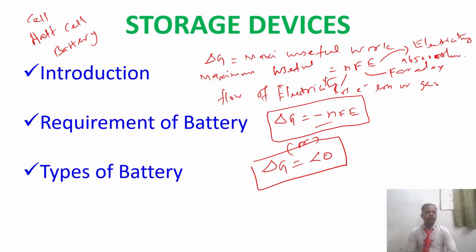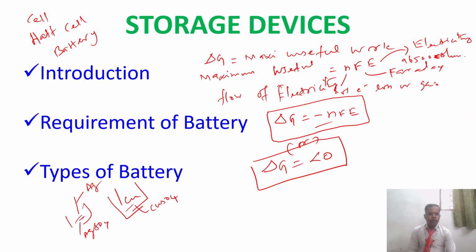So what is meant by cell? What is meant by half cell? Cell is nothing but a single anode as well as cathode. This may be a silver electrode, and this may be the copper electrode. The silver electrode may be immersed in the corresponding salt solution, maybe silver sulfate or silver nitrate or silver chloride. The copper electrode may be immersed in copper sulfate solution or copper nitrate solution or